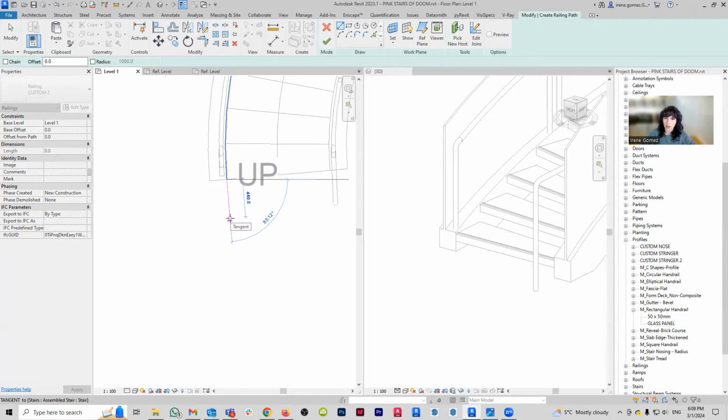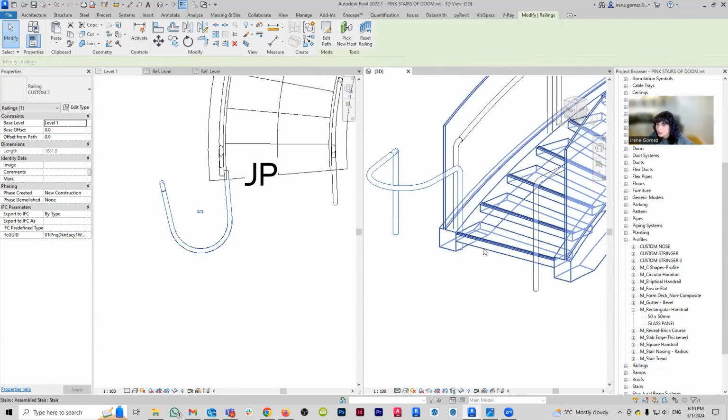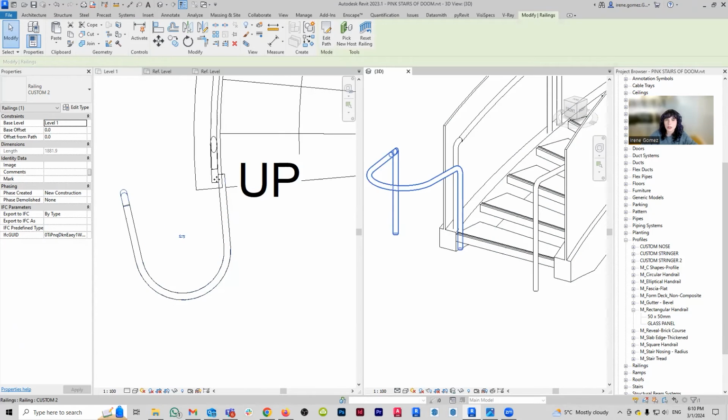So let's say we project it up to that point, and then make it do an arc. I'm going to go from here to, let's say, here. Then I'll make it a nice curve, and then straight again, and it just goes a little bit straight, something like that. And we say yes. Okay, so again, we're going to need to do some modifications. Worry not. I just wanted to see that it is created. Specify rail, please try a different value. That's fine. What I wanted to see is how much offset there is, because I need to align these two.